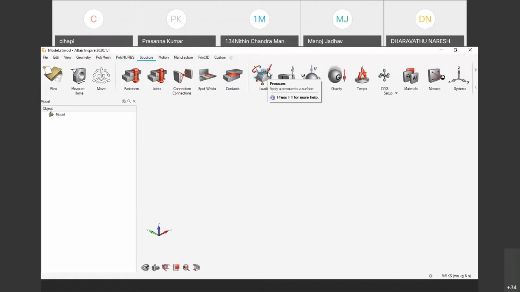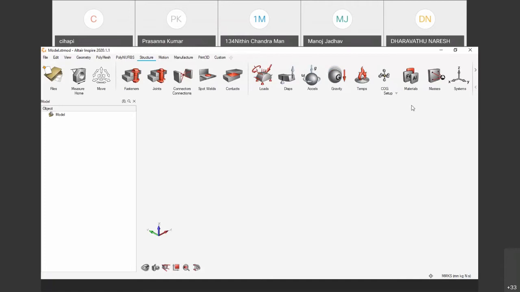You can give displacements, apply gravity load, or give temperature loads on that particular product and perform the FE analysis. Beside that, you also have stuff required for nonlinear analysis like contacts, connectors, spot welds, and joints. You can also create bolt joints and fasteners.